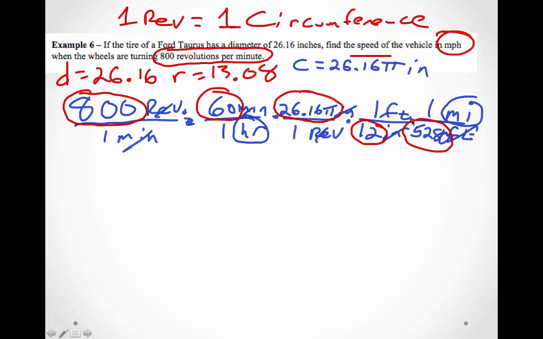You have to be careful when you're typing this stuff into your calculator. You got a couple of options. You can do the 800 times 60 times 26.16 pi, and then make sure that when you're dividing, you put that in parentheses, 12 times 5,280. Or you can understand that you're dividing by both 12 and 5,280 and do the double division. Either way you swing it, you're going to get, when you do the math,